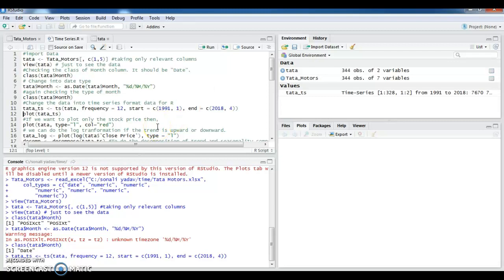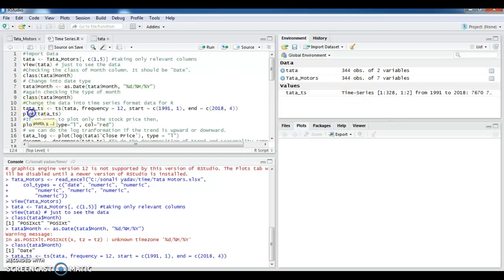The moment I run it, can I see something here? Something has happened on the right hand side in the environment. You see, in addition to Tata Motors, there is a ts new object created, and it reads that it has now become a time series. It is giving the nature of what you expect when you open this. You expect a time series data in it, right? And we are quite happy with what we wanted to achieve. We have quite substantially achieved that.